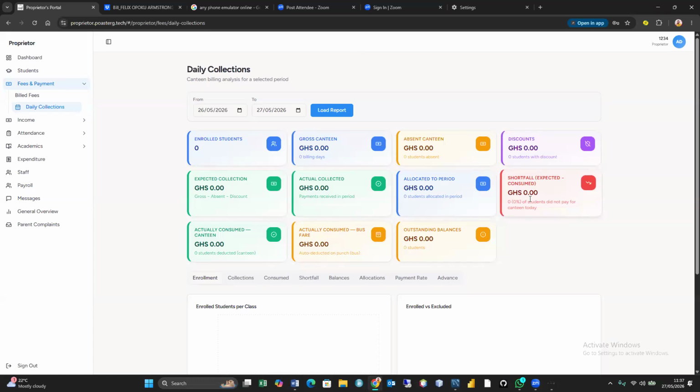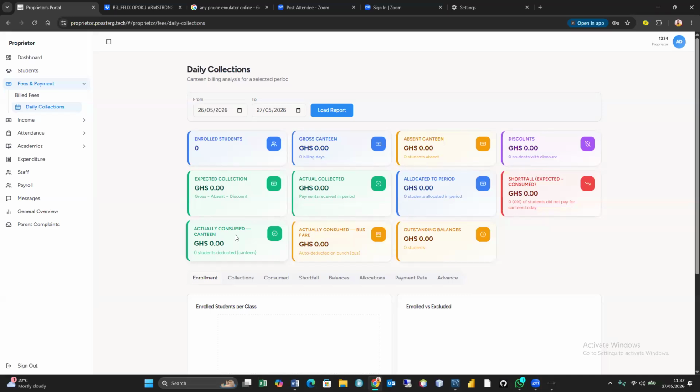Now actual collected is 300. But out of 300, the amount allocated to that period is 80 cedis. It means that 100 minus 80 should give you your shortfall, which is the 20 that will appear here. Then actually consumed. Actually consumed here means